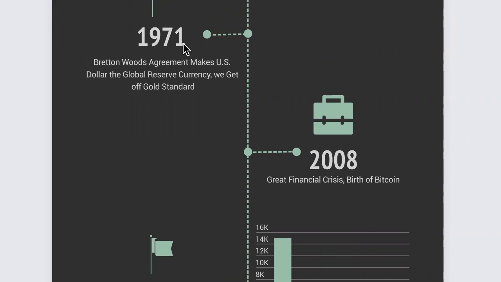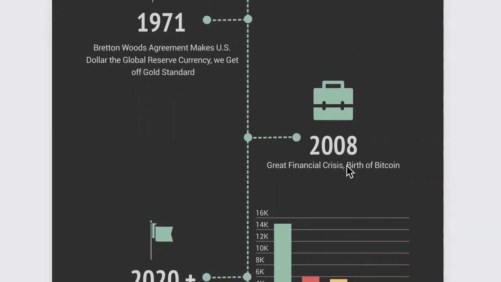So that was 1971. Fast forward, 2008, we have the great financial crisis that was started in Wall Street, the United States, because of the housing bubble. And that was the birth of Bitcoin. 2008, there was the birth of Bitcoin. 2009, the first transaction went through. So there's a lot of correlation there, guys, that we're going to talk about, which is, was the great financial crisis the straw that broke the camel's back for why Bitcoin had to come out at the time?